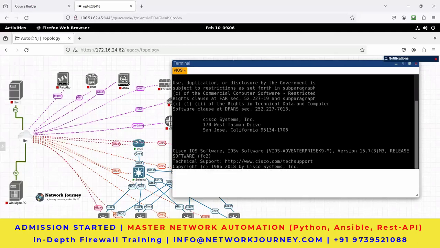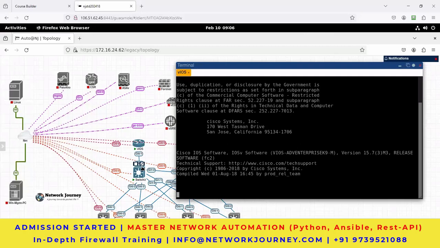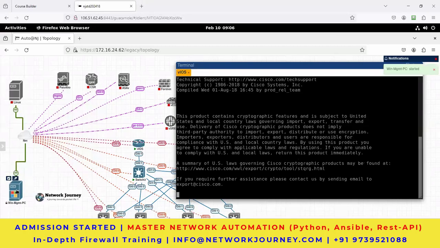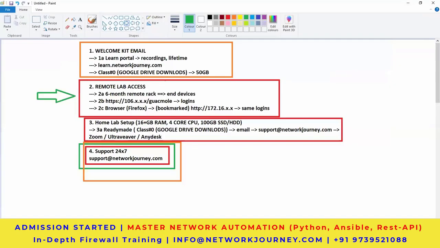So those guys who are using the home lab setup, you need a PC where you want to put PyCharm, Python, and all those things, right? So that is this machine, which is called Win Management PC. So you power on that as well. For home lab people, either use this, or you can use something outside of the browser, somewhere local. Because what happens in the home lab,